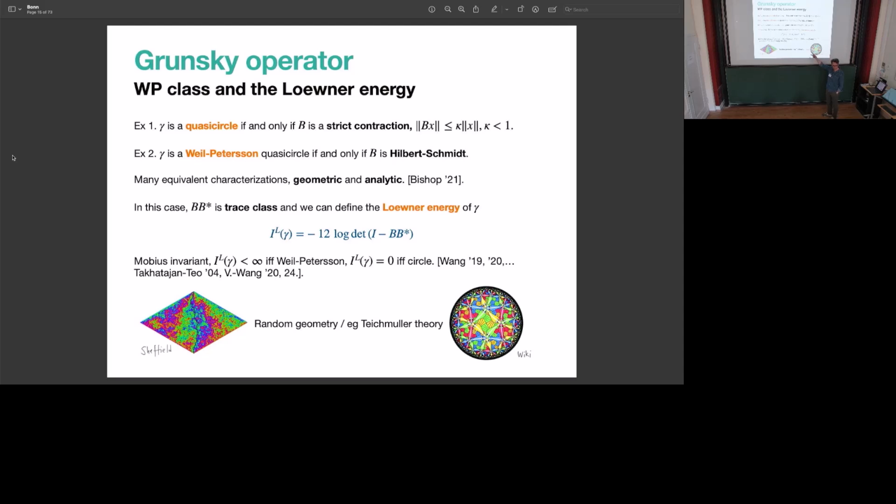And I will define the Loewner energy as follows. If B is Hilbert-Schmidt, then BB star is trace class. You can define this Fredholm determinant, the determinant of the identity minus BB star, and the Loewner energy I will define just as this number. That's not the original definition of Wang, but